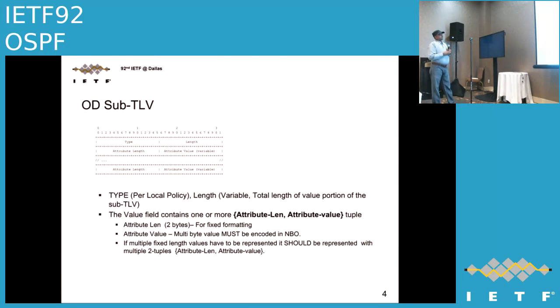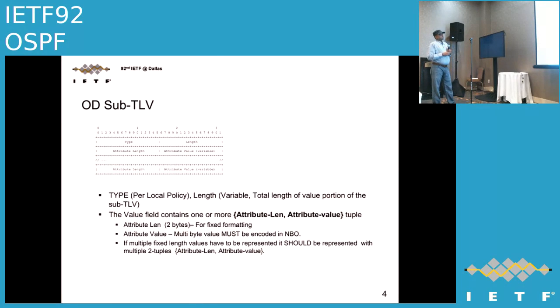So it has sub-TLVs, as we see, the container TLV has sub-TLVs. So it enables the operator to pack multiple attributes for one type. Let's say this type here is the operator provisioned type. There was a discussion last time that some of the types should be reserved, that is, some range should be allowed for the operator and some kept for future use. Alia suggested that. So we have to initiate the discussion on that, but we have had an offline discussion on it.